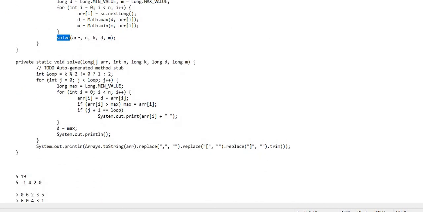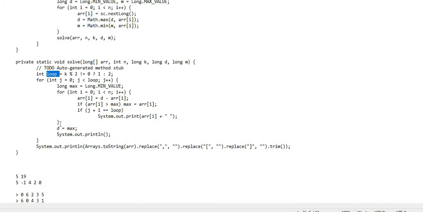Initially I am checking the k value. If k modulo 2 equals 0, I have to perform the operation twice. If k modulo 2 is not equal to 0, it is an odd count, so I just have to perform the operation once. This defines the loop count for me. Only that many times will I perform the operation: finding the maximum d and subtracting elements from that max element d.